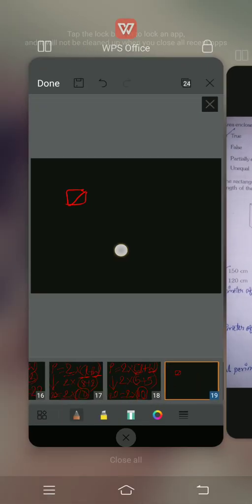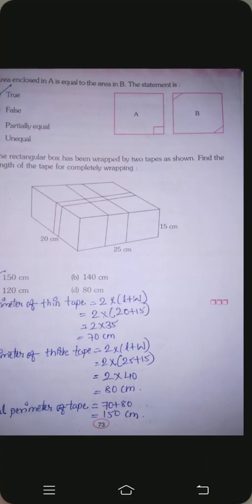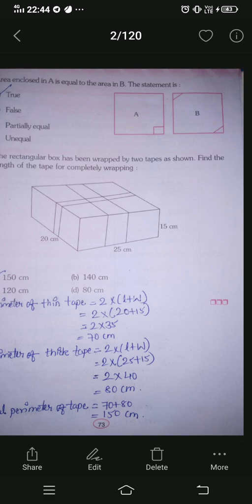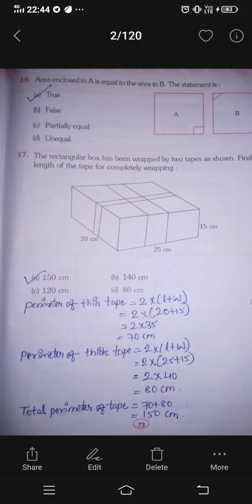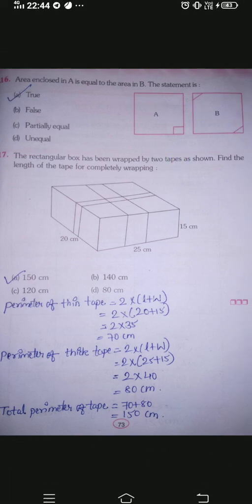If you see, children, this, okay, this how it is looking, it is looking like a square exactly the way it is looking like here, है ना? So if we cut this part and if we cut these two parts, then the area enclosed in A figure and B figure will be what, children? This is equal, है ना? एरिया ए एंड बी विल बी इक्वल. ऐसा नहीं है ना कि सिर्फ एक पार्ट काटा है एंड पूरा स्क्वायर है. ये दो ट्रायंगल्स काटे हैं, दो ट्रायंगल्स को काटते हो तो स्क्वायर के शेप में कट जाएगा. And this is also cut in squared shape, so area A and B is equal.